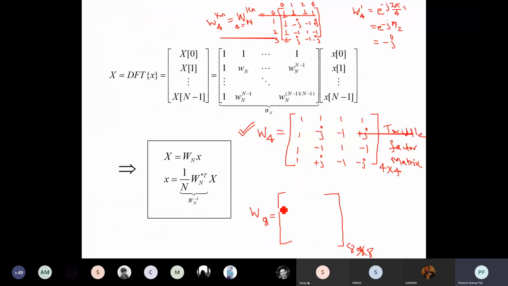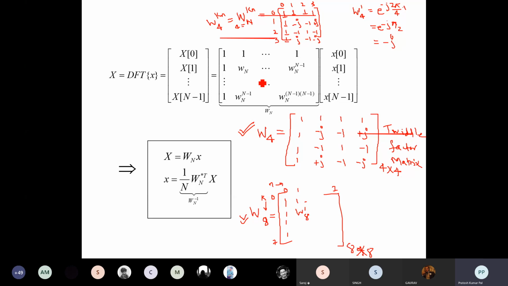Okay, so from there we can also calculate the value of W of 8. k should vary from 0, this direction is for k, up to 7, and again the n value will be 1 up to 7. The first one will again be 0, so it will be 8 times 1. The second value will be W of 8 with 1. Similarly, we can calculate the values of W of 8.